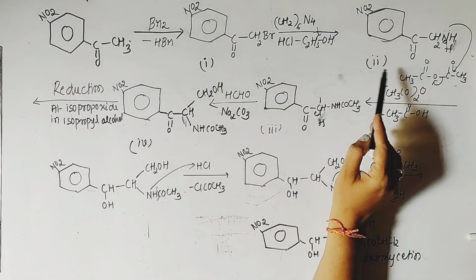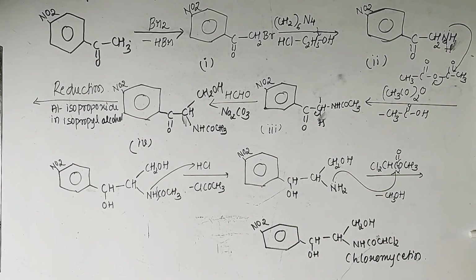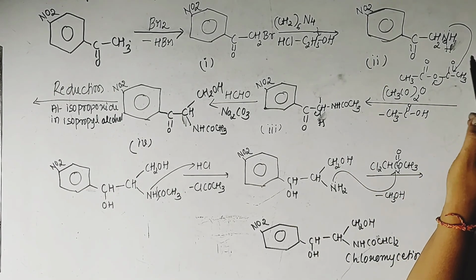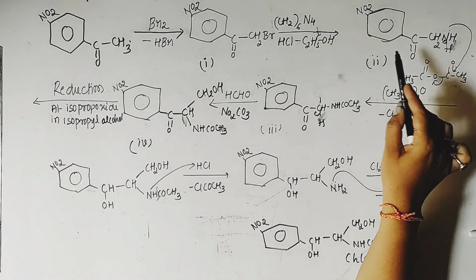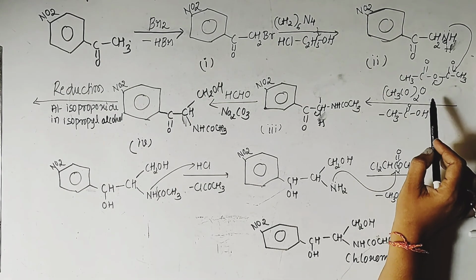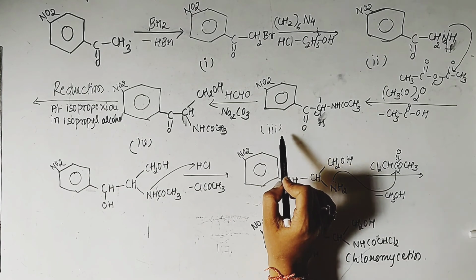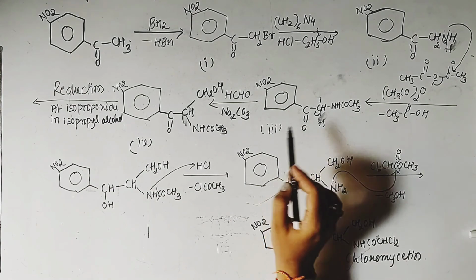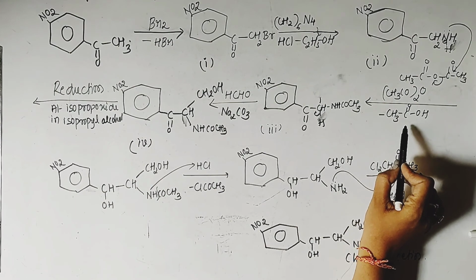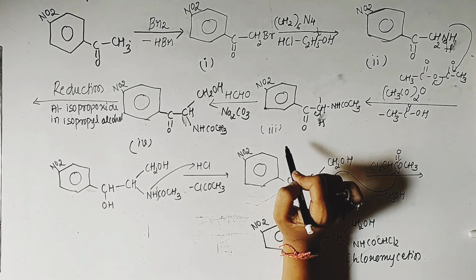So it leads to the formation of the second product, that is alpha-amino-para-nitroacetophenone. Now we need to introduce an acid amide group here. So for that we undergo the acetylation, and it takes place in presence of acetic anhydride, and this reaction leads to the formation of the third intermediate product, and it is carried out with the elimination of acetic acid as a byproduct. Then later at this carbon position we need one alcoholic group.